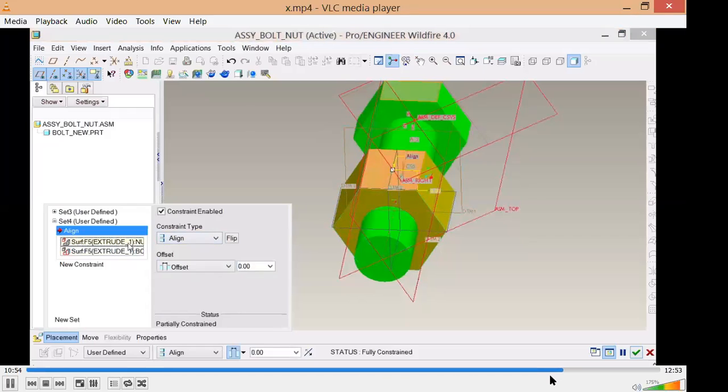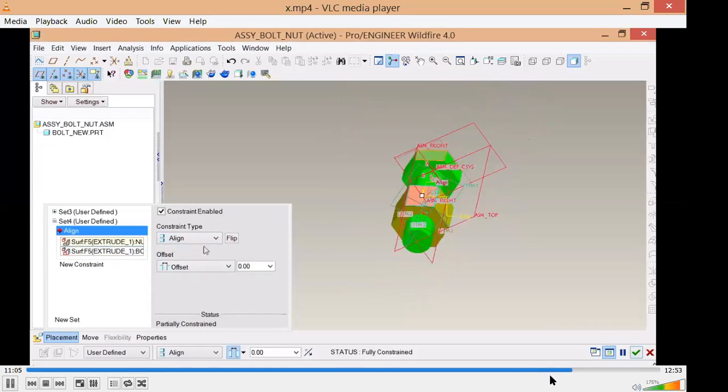Now you can understand the nut and the bolt have to be given three constraints, that is mating constraints. Either something like your insert constraint and some offset or parallel distance or mate constraint, and the relative rotation of the nut with respect to the bolt should also be arrested. Those are the conditions one must give in order to establish it. Once you give the conditions, just give okay to come out of it.